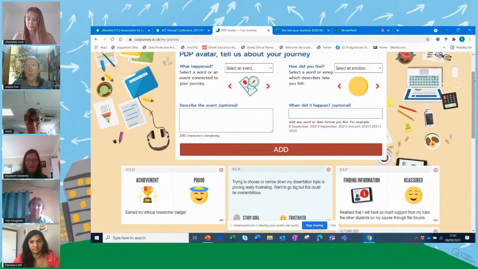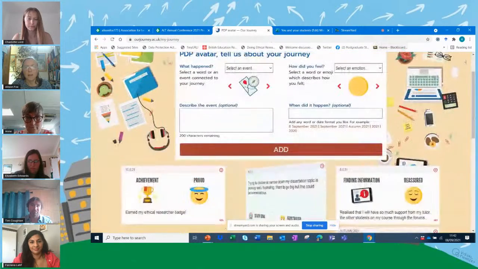I should have said that all of the students represented here today are really reflecting the use of this tool that we piloted on our dissertation module, the 12,000 word final output of our master's programmes. And so obviously the cards that we've designed, and we'll talk about those in a minute, are particularly tailored to that. So I'll just refresh again and see if we've got somebody reacting to that